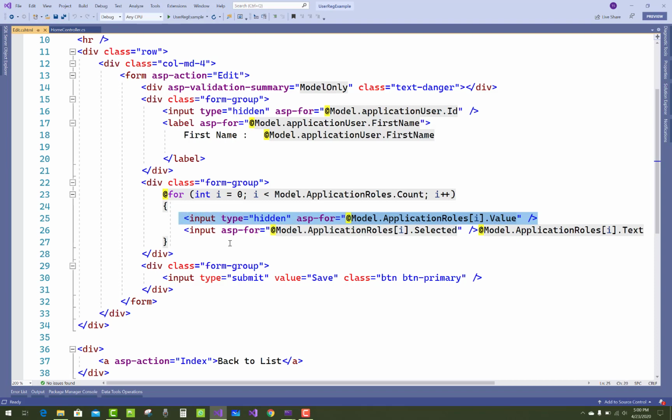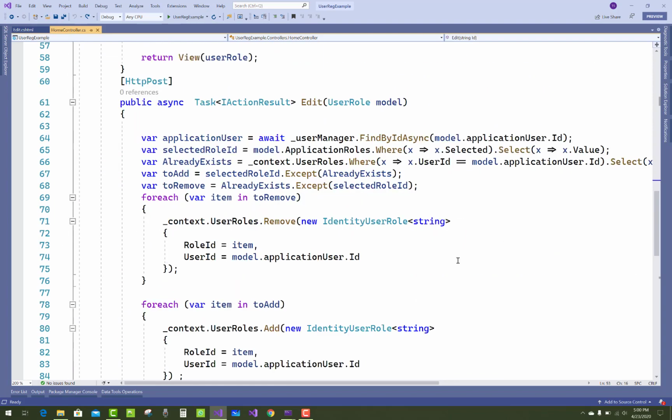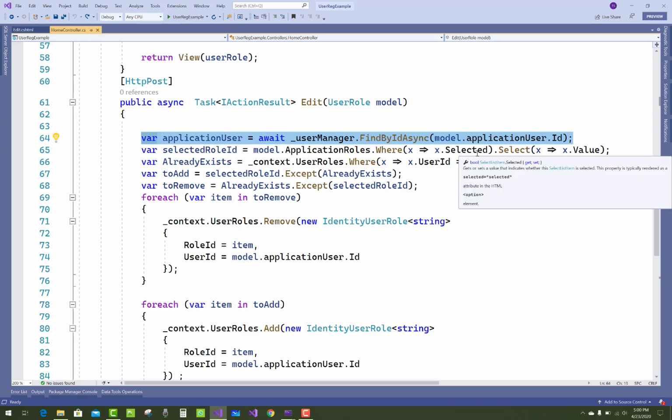When we click on the submit button, the HTTP POST method is called. First of all, get the ApplicationUser class. Actually that application user is not needed, but the selected role IDs are needed. So just get model.ApplicationRoles.Where(x => x.Selected) and x.Value, because I want to get only the selected ones and their values.